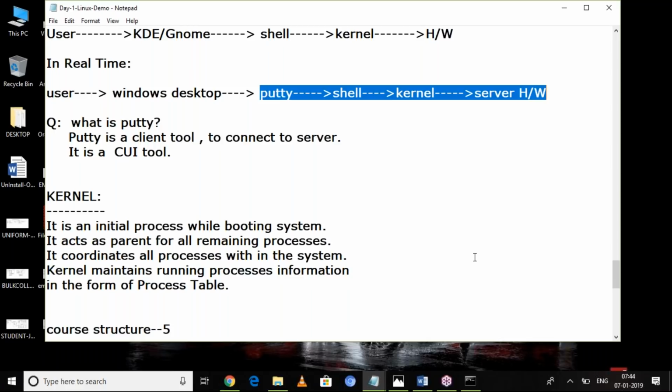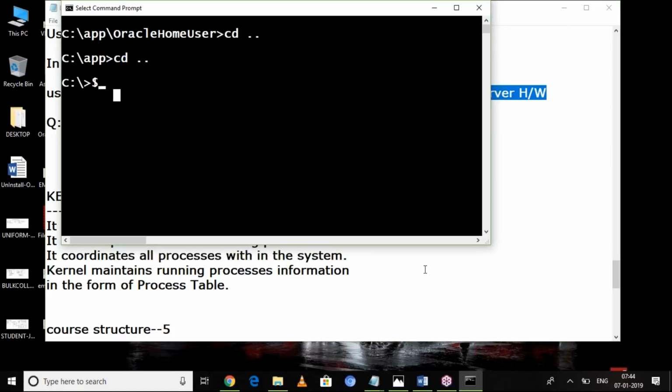If you want to connect with the Linux server, you have only one choice, that is PuTTY. If you connect through PuTTY, only then can you see this environment. So that's why we are learning Linux commands, shell scripting, editors, job scheduling.